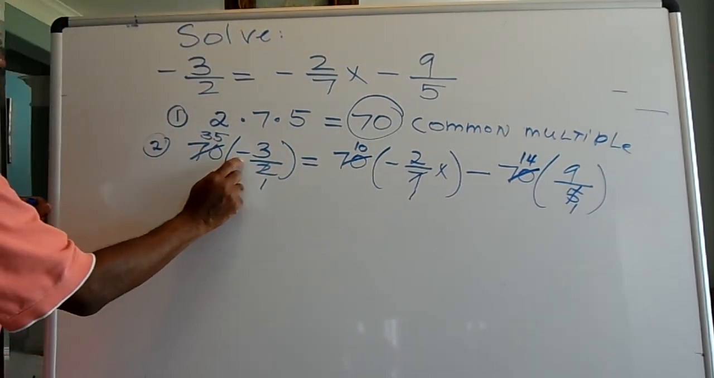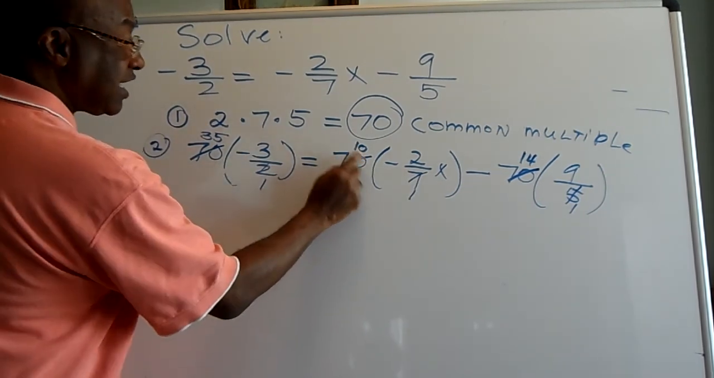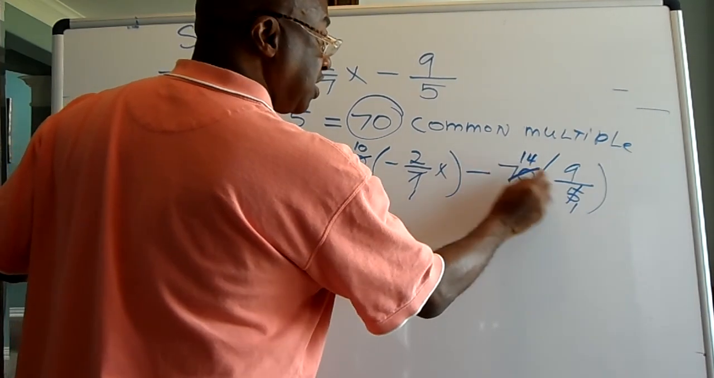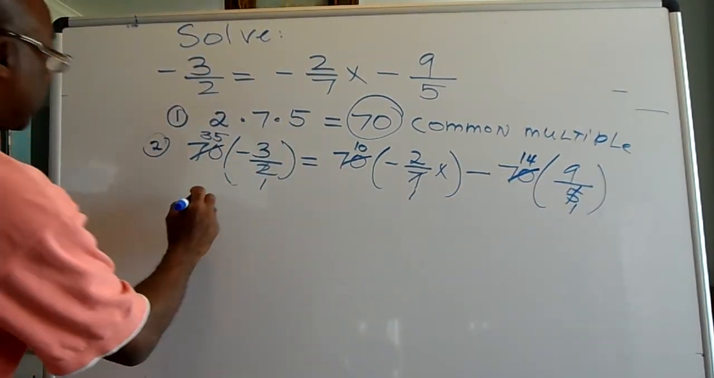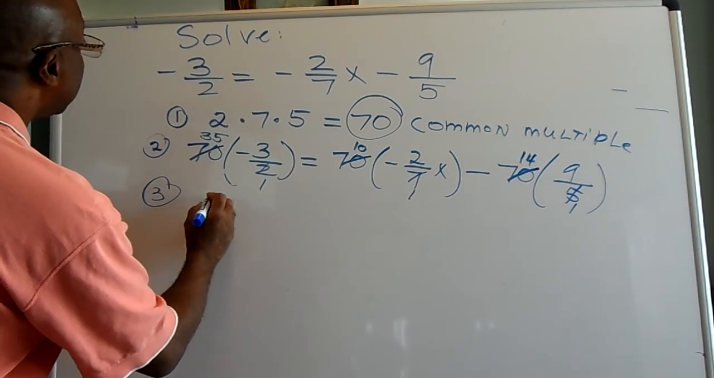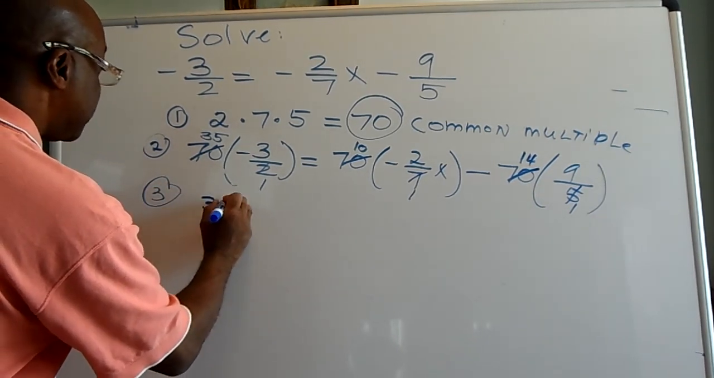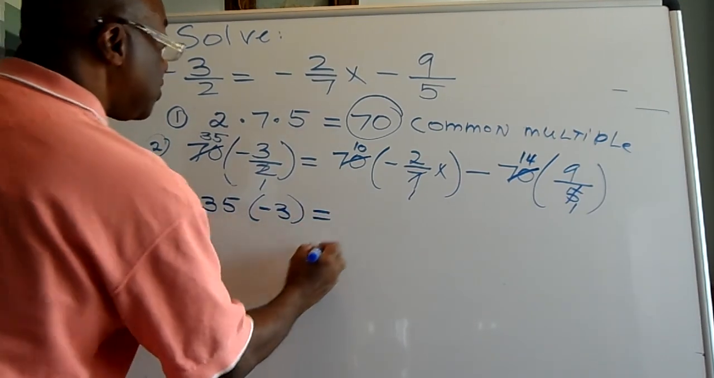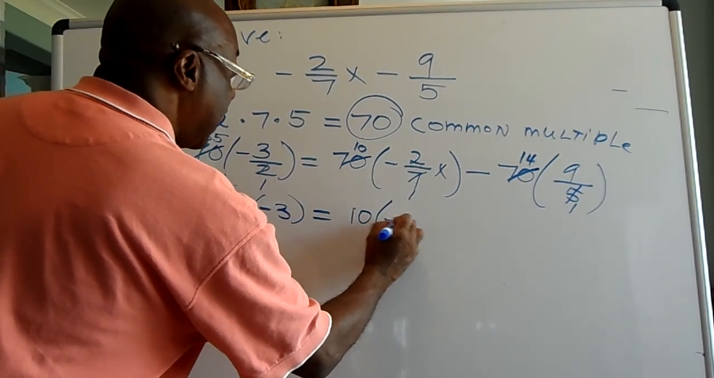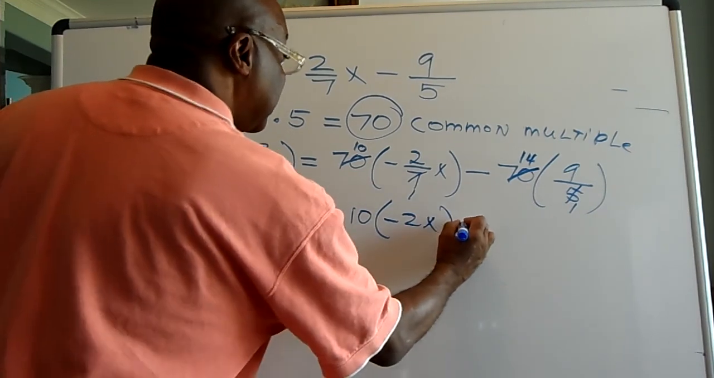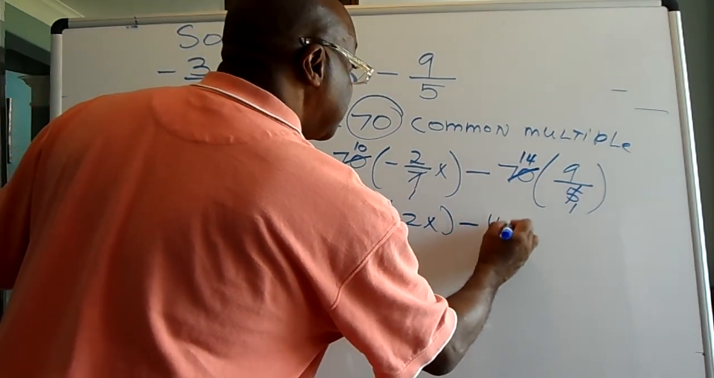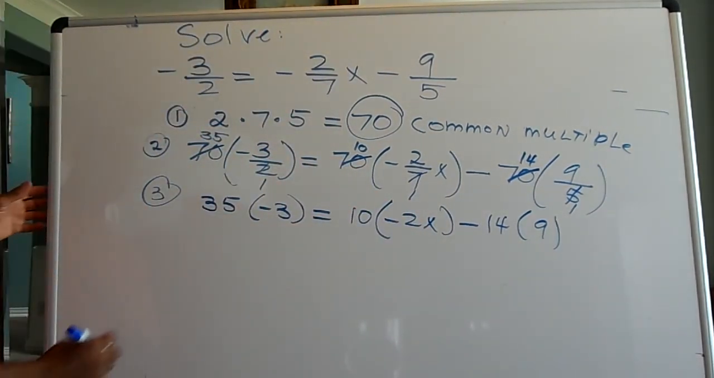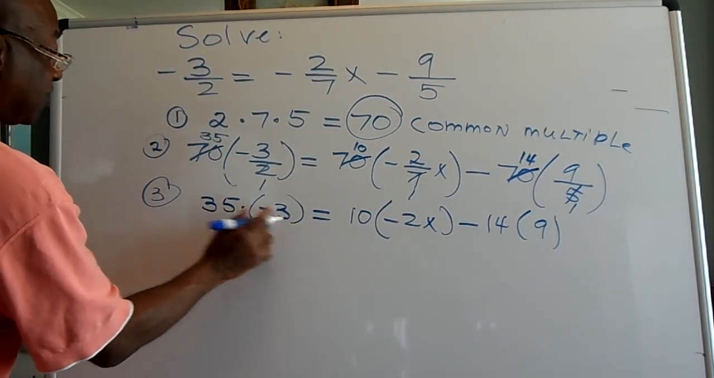Now, what are we going to do? Let me tell you first. 35 times minus 3. 10 times negative 2x. Negative 14 times 9. I'll write that up for you. Third step. We're going to have what? 35 multiplied by minus 3 equals 10 multiplied by minus 2x minus 14 multiplied by 9. No more fractions, as I stated. Let's do the multiplication now. Remember, a positive times a negative